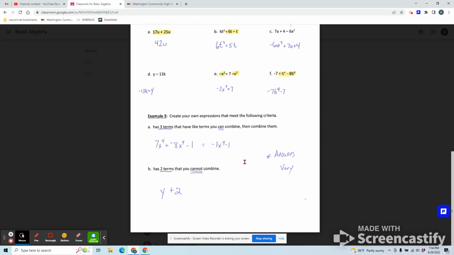And then down here, this is example 3. It's just asking you to create your own example. So it says it has 3 terms. So 1, 2, 3. And it has terms that you can combine. So I can combine this one and this one. Same letter, same power. 7 plus -8 is -1. I still have the x to the fourth, and the -1 is still there because there was nothing that I could do to it. Okay, so if you're combining like terms, you have to have the same letter